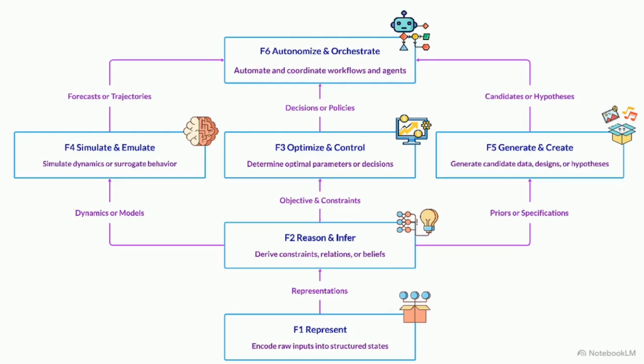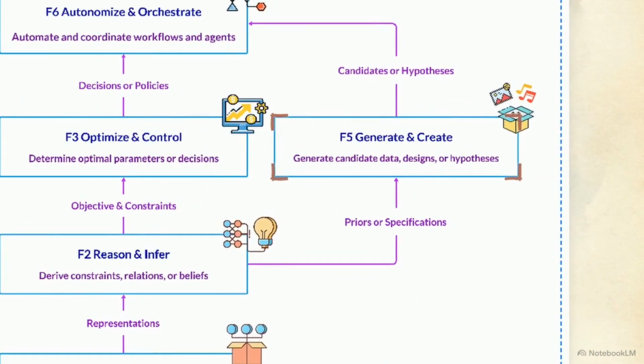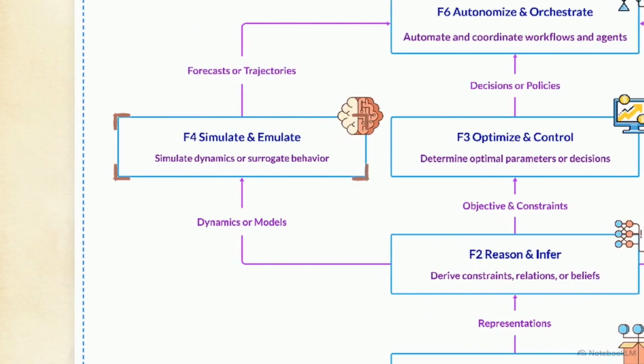From there, the outputs from reason and infer feed the system's lateral engines. Following the path to the right, we reach Function 5, generate and create. The system takes those inferred biological constraints and uses them as specifications to synthesize entirely new candidate molecular designs. On the left is Function 4, simulate and emulate. We take those generated candidates and push them into virtual environments. This lets researchers forecast how a molecule will behave under physical conditions, bypassing the cost of synthesizing and testing failures